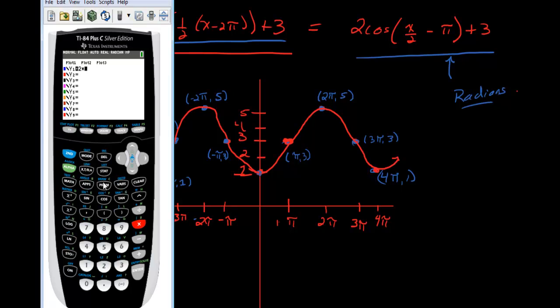So I hit 2 times cosine, so I'm going to hit the cosine button here, and it opens it up. So I'm going to type x divided by 2, and then I'm going to subtract off pi, but I have to